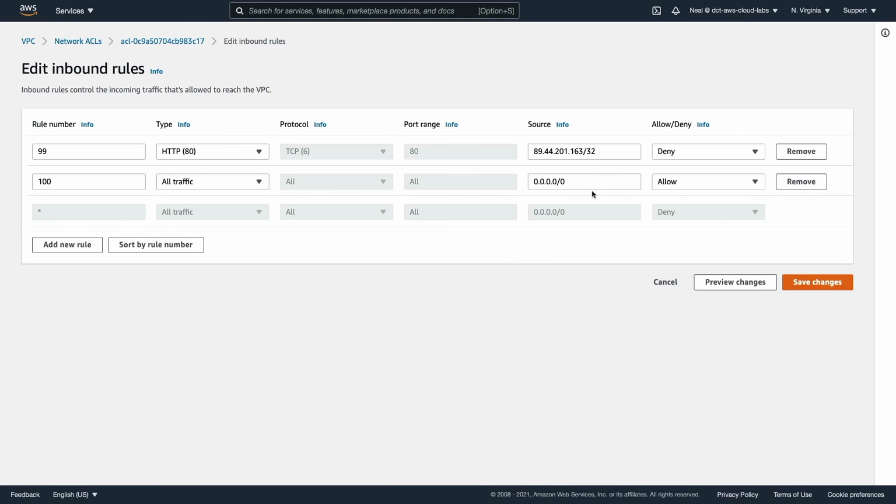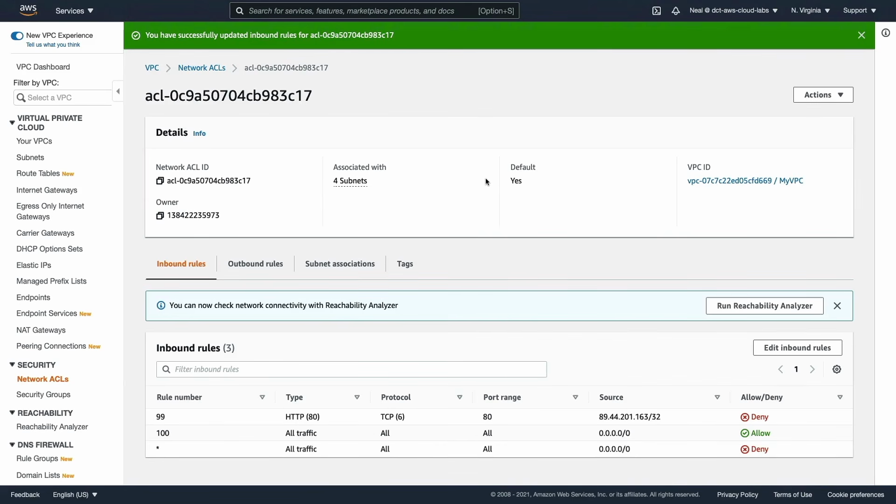So essentially it's going to look through the rule set, it's going to see that traffic's coming in on port 80 from this particular IP, and it's going to deny it. So we never get to the allow rule for this particular traffic. So let's save changes. So we'll go and test this out now, but there's just one thing that you need